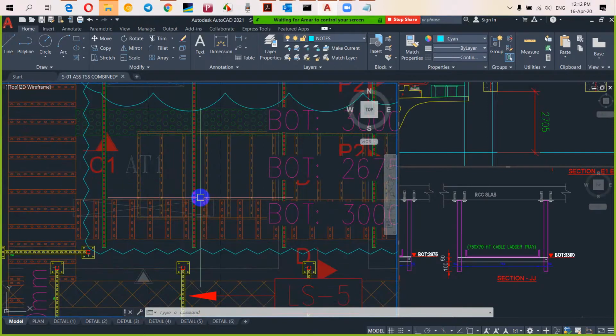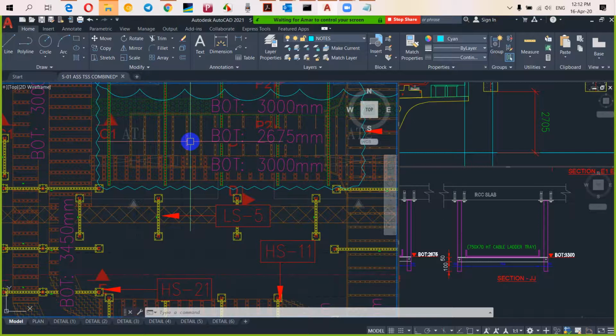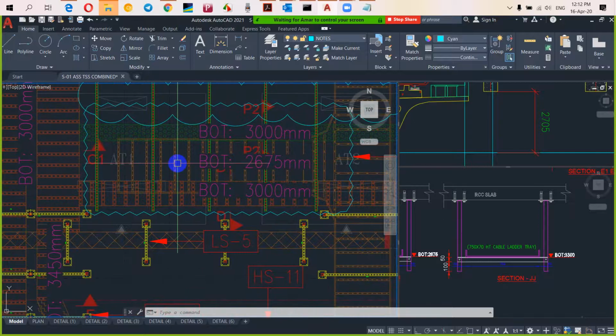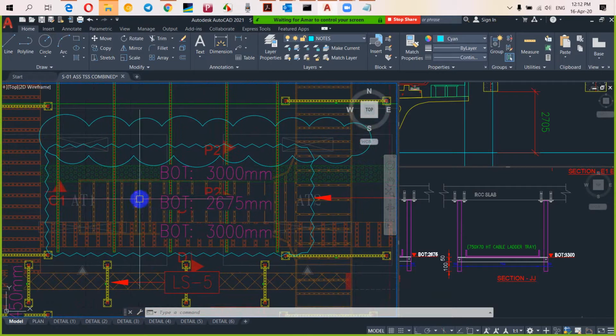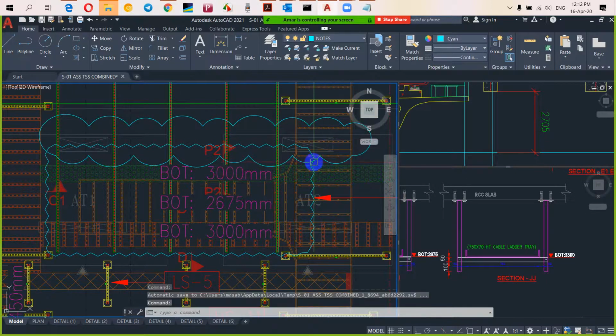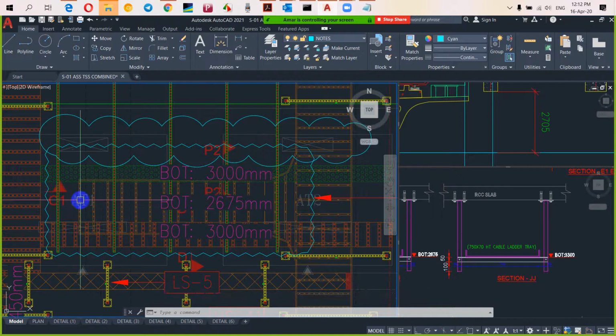What I'm saying is, you let the tray be in this position and keep your tray side by my panel. The branch connection, let it be. If you need a main connection, you trim it over here, like I'm pointing here. You let it be here, and you trim it here, and I can merge with your tray. No issue. But my problem is this cable tray and this cable tray will be on top of one another, which is not possible. That's what I'm saying. Now you have to remove your tray and keep it here.